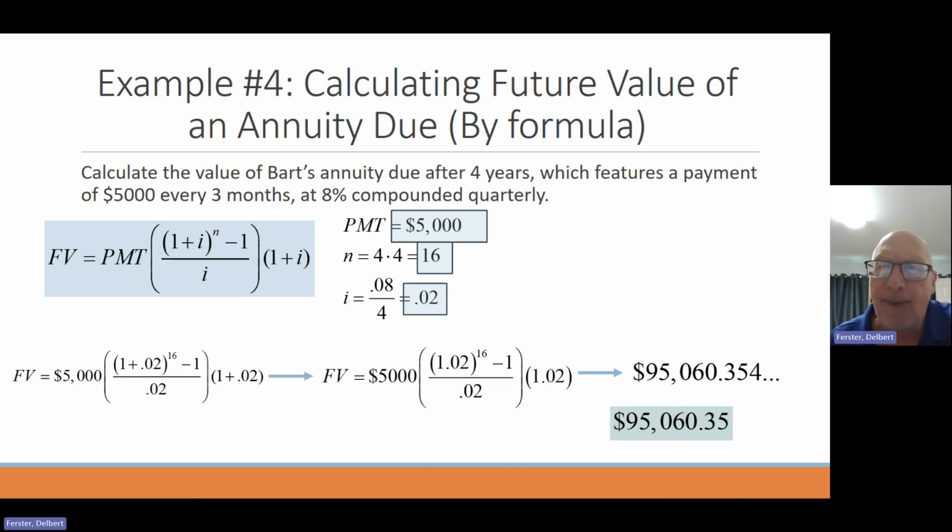So the good news is by formula, yeah, messy, but it's certainly something we can contend with quite well. Excel, again, a very nice facet for us in terms of calculations. So feel free to run this thing into Excel if you want to make sure that your calculations are looking good. This is annuity due, making sure you're understanding the difference between annuity due as payment at the beginning of the period, whereas ordinary annuity is payment at the end of the period. All right, so at the end of 4 years, Bart's annuity has a worth of